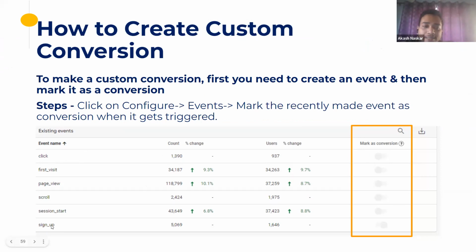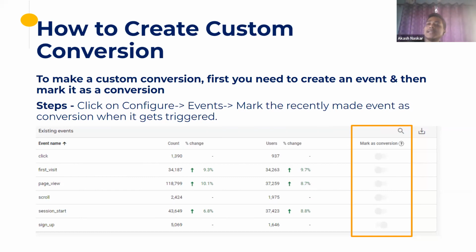Similarly, here I've created a sign up event. After I've created the sign up event, I want Google Analytics to consider a sign up not as an event but as a conversion. Then I will just toggle this switch on and it will be counted as a conversion. That is how you can make custom events and custom conversions.